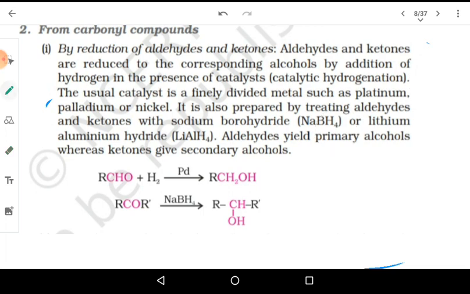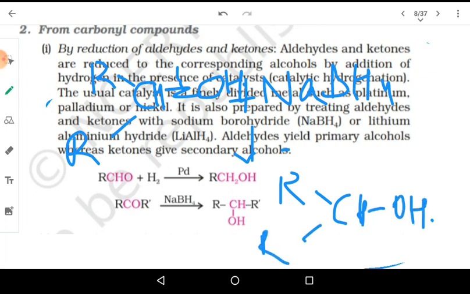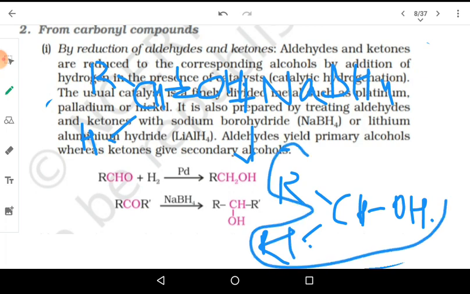If I look at the structure of ketone, this is the structure, right? So when we are carrying out the process of reduction, hydrogen is getting added to these two sides. One hydrogen will come over here, this hydrogen will come over here. So we are getting a compound like this. This is the compound that we're getting, and that is a secondary alcohol. Whereas if it was an aldehyde, we will write an H here, and here also we will write an H. So this is nothing but RCH2OH, that is a primary alcohol.